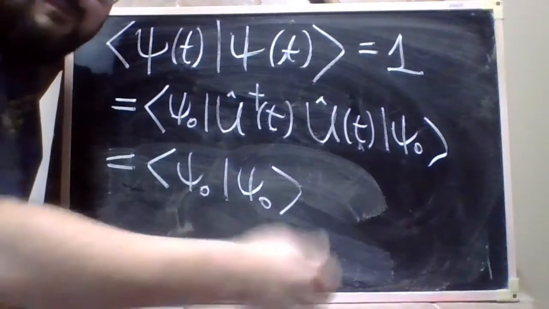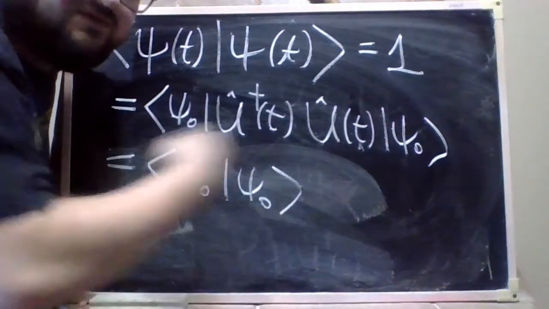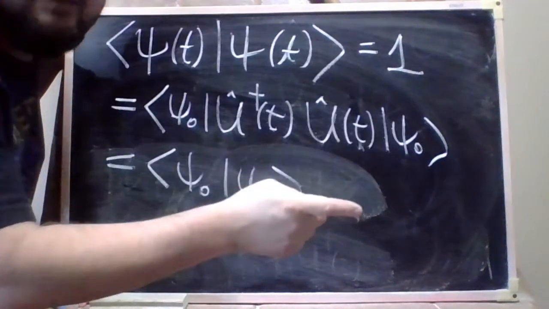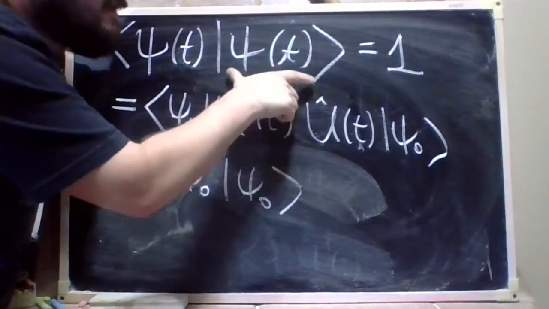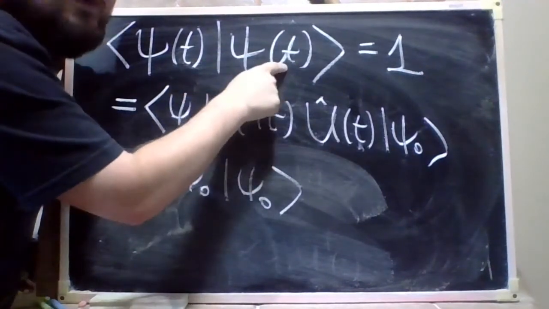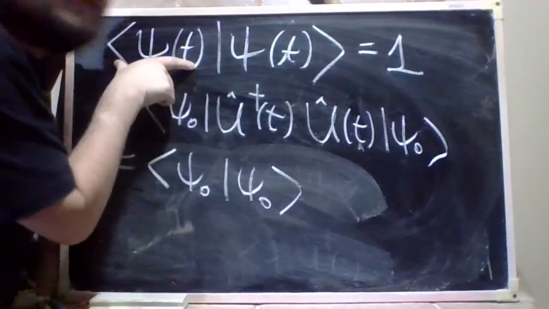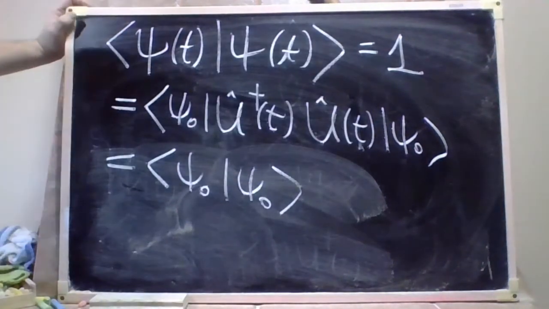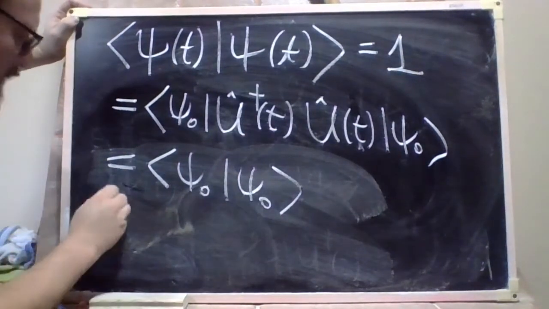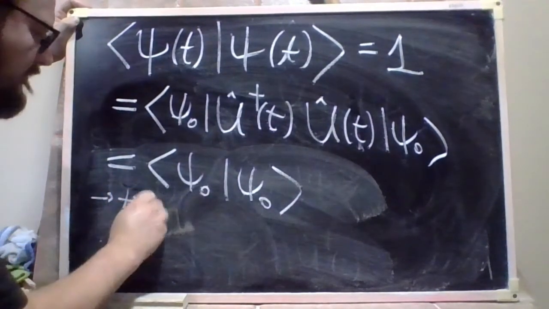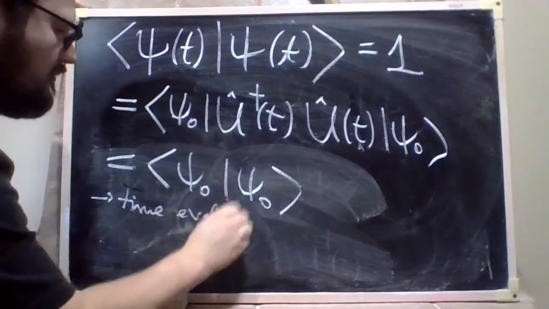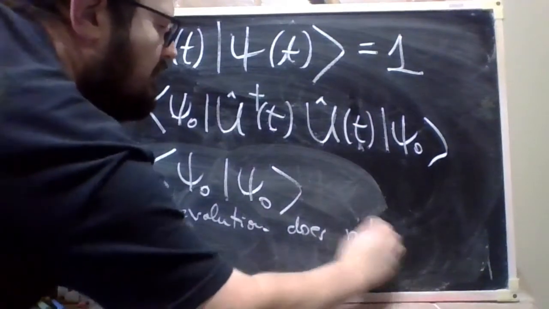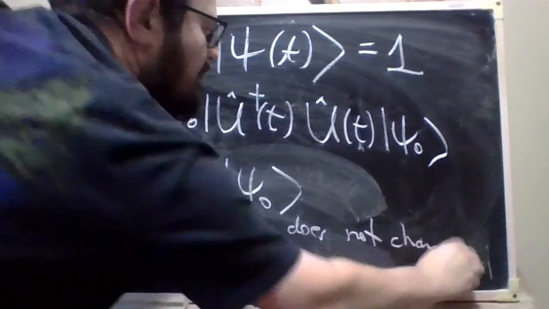But time passes, this state evolves in time. So at another instant of time t, given the state psi of t, what is the probability of measuring that state? It is also 1. So notice an important conclusion. Time evolution does not change the norm